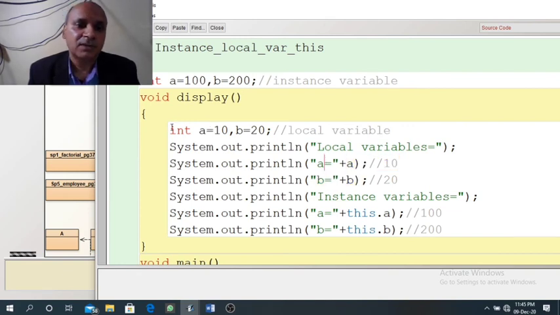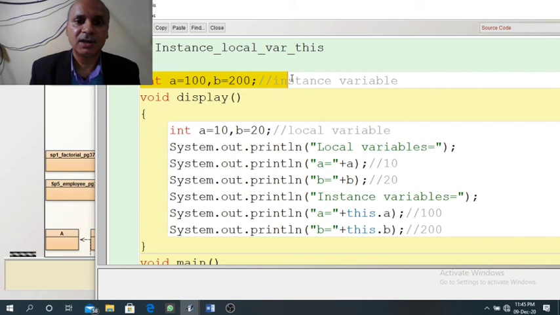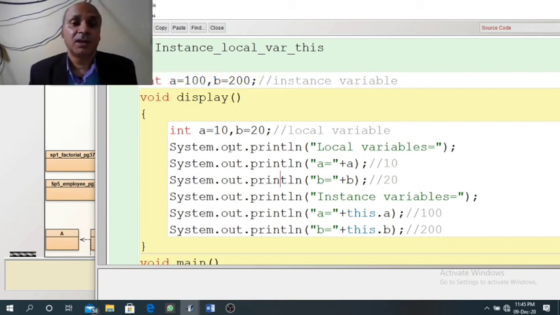If inside the method block A and B is not present, only then the compiler will go to search for A and B outside the block. In that case it will find 100 and 200. But in this case, when you print A and B, then the local value will print.